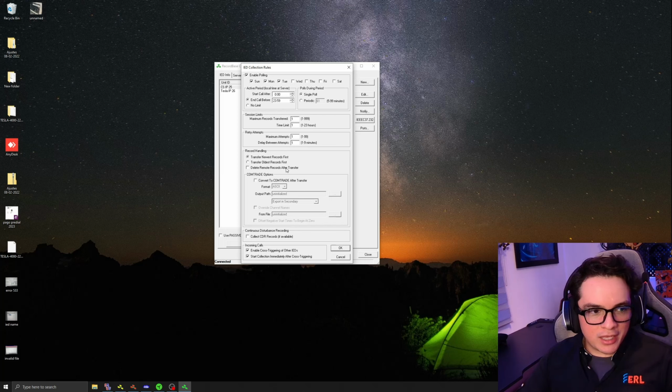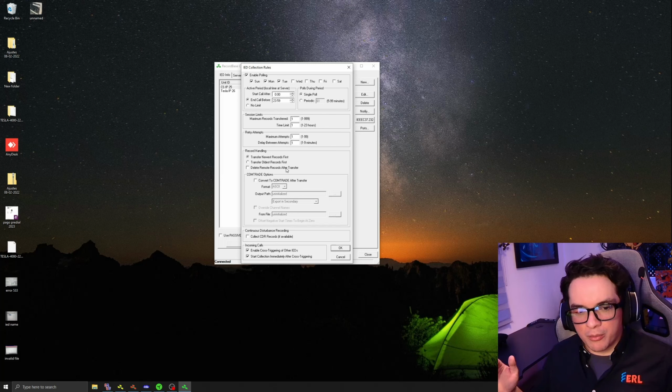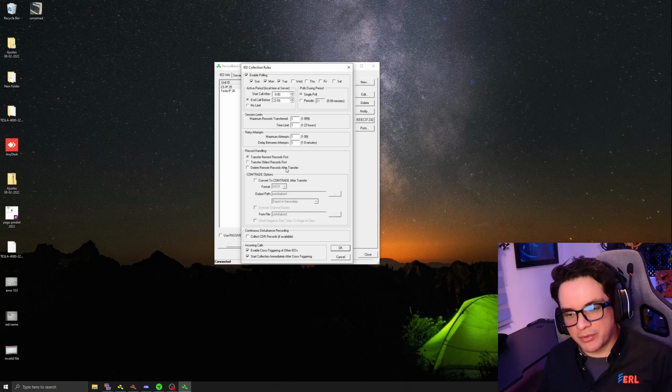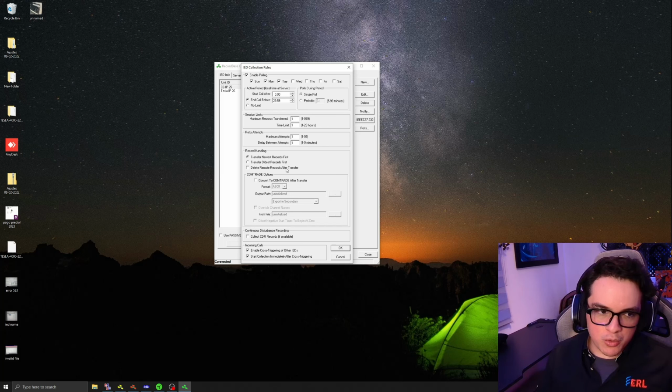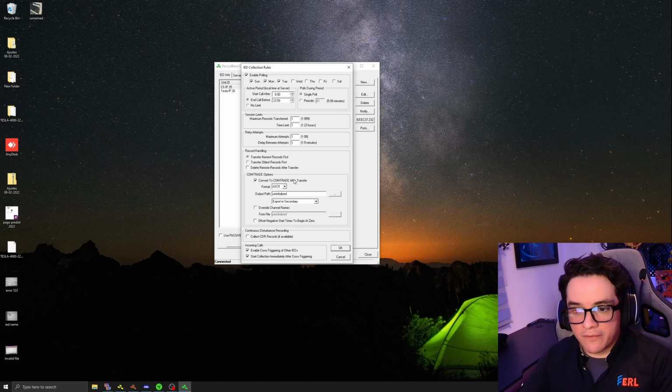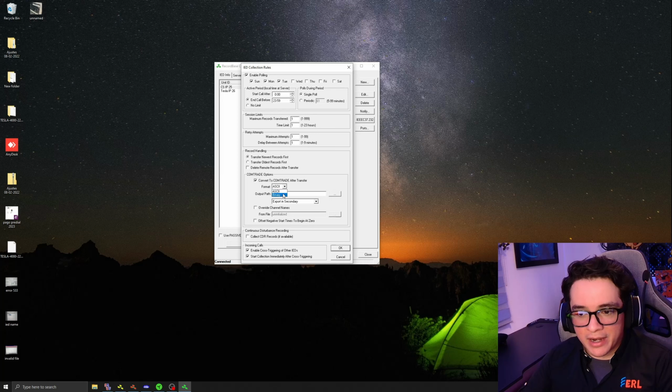Personally, I like to keep this checkbox off, because that way we have a redundant backup of the record database. We're going to have them in RecordBase Utilization Administrator, and also in each recorder, in this case Tesla 4000. We can also convert to COMTRADE after the transfer to either ASCII or binary, and also you can export in